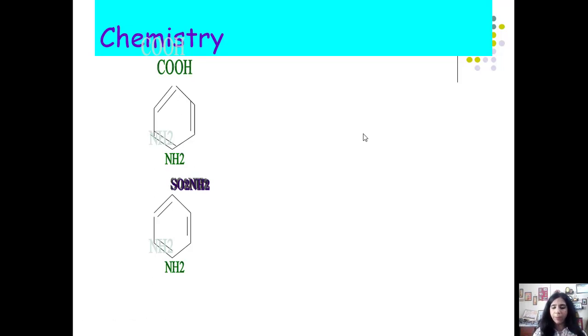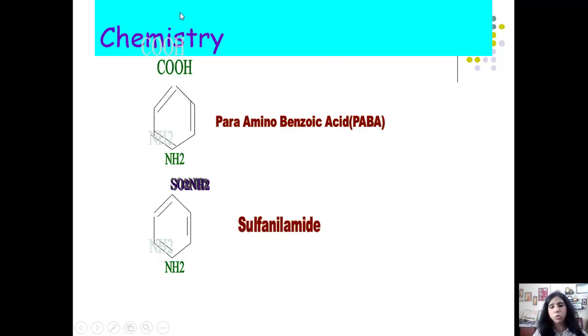Now this picture at the top is the structure of para-aminobenzoic acid, PABA, which is used for the synthesis of the folic acid precursor dihydrofolic acid, and the other is the chemical structure of sulphanilamide. You can see the similarity between the two. Instead of PABA getting incorporated to form dihydrofolic acid, it is sulphanilamide which gets incorporated, and sulphanilamide also binds to the enzyme dihydropteroate synthetase and inhibits its action. Is it clear to all of you?